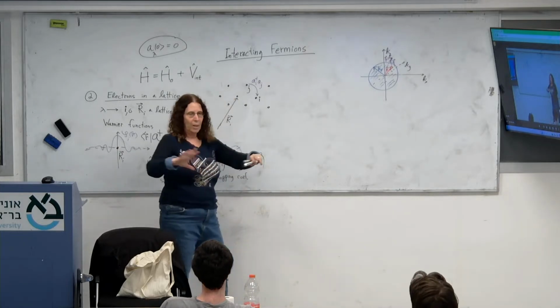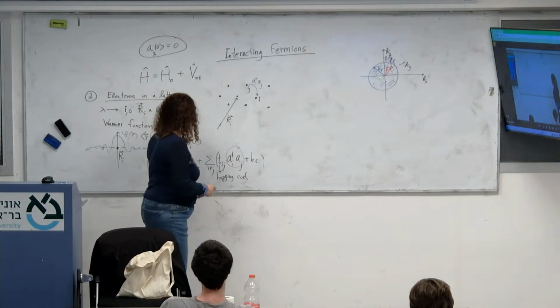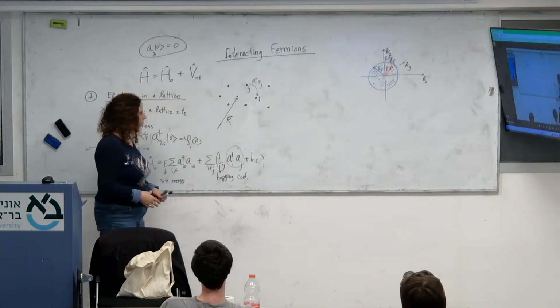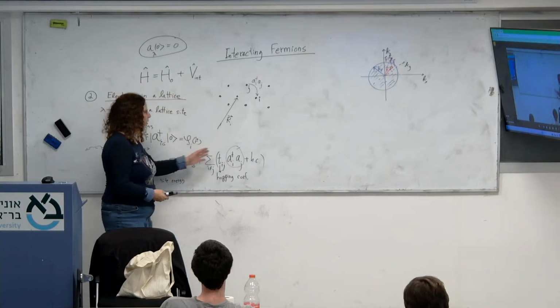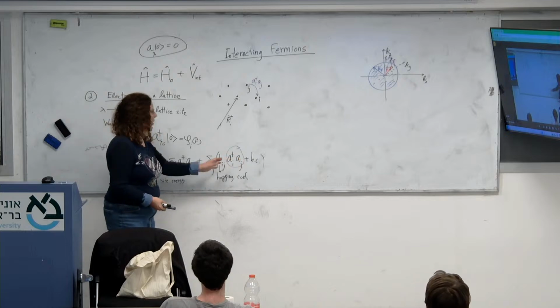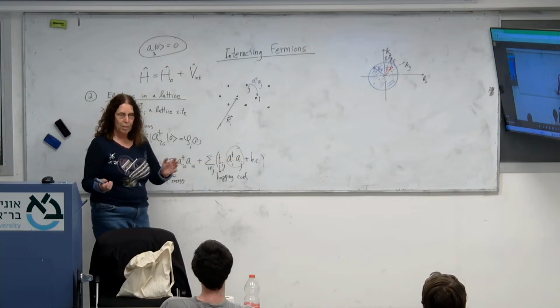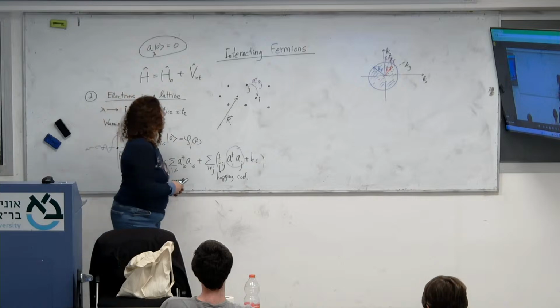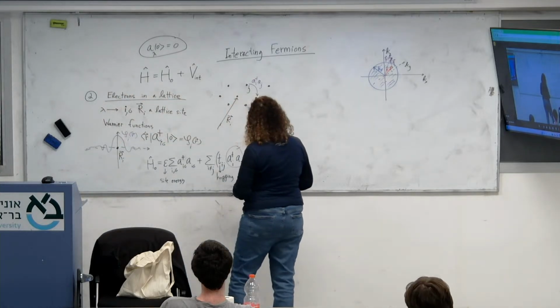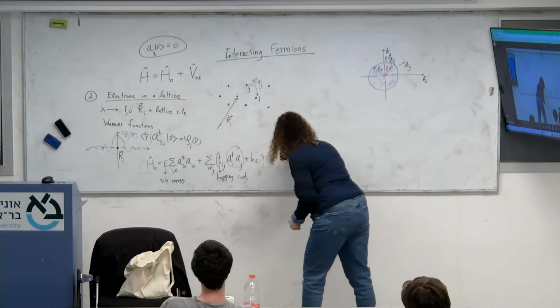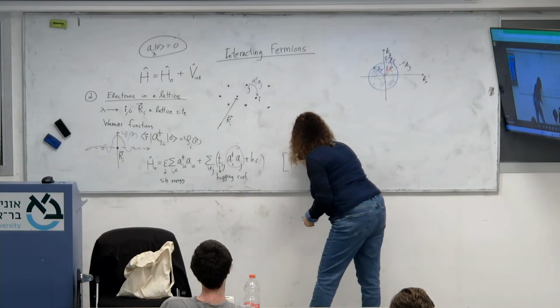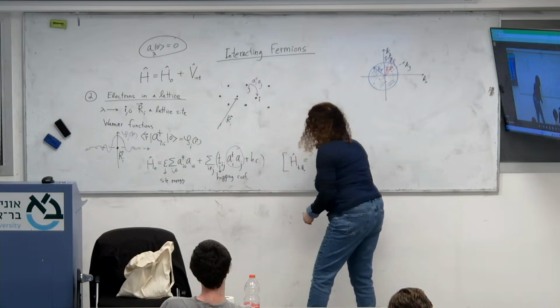So it's getting smaller and smaller, and usually in the tight binding approximation, we neglect all the contributions except for the nearest neighbor. So I'm just reminding the tight binding limit is where